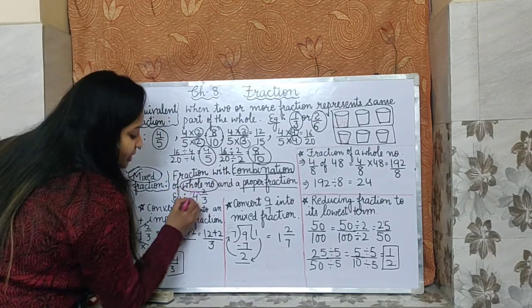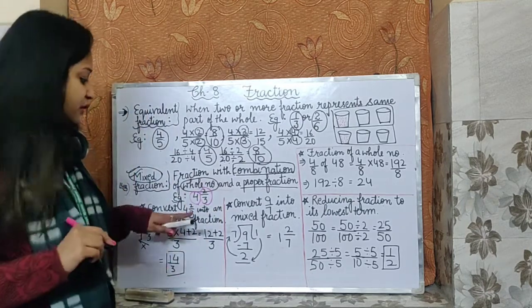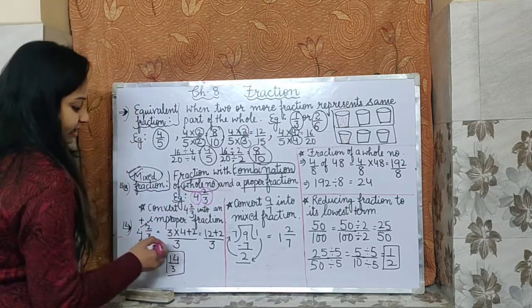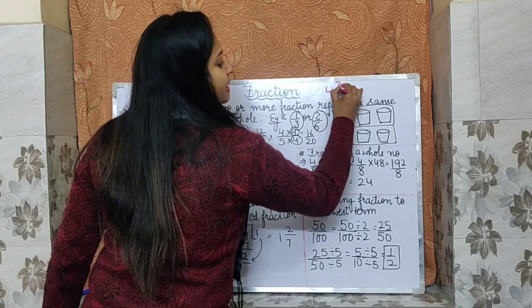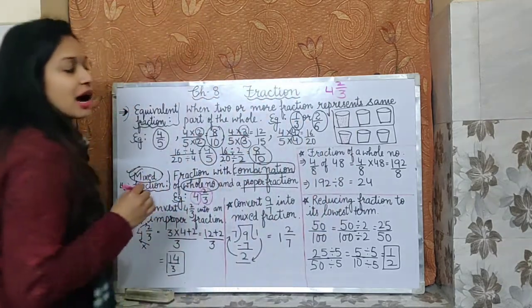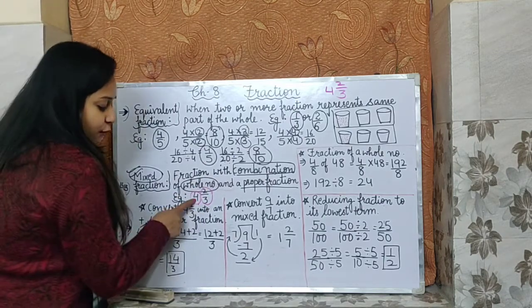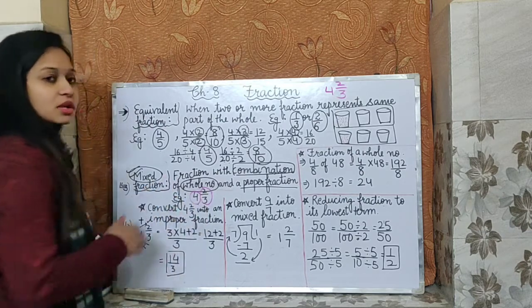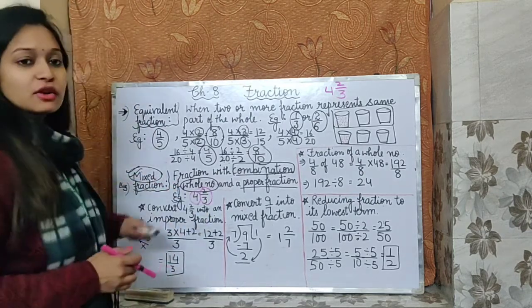Like there is a number 4 and then there is a proper fraction. Always a proper fraction will come. One whole number means a complete number, and we write it like this. First the complete number, and then beside it I write a proper fraction. This is how I write mixed fraction. 4 2/3. We read it as 4, since it is a single number, and this is a proper fraction, so read it 2/3. So 4 2/3. This is mixed fraction.